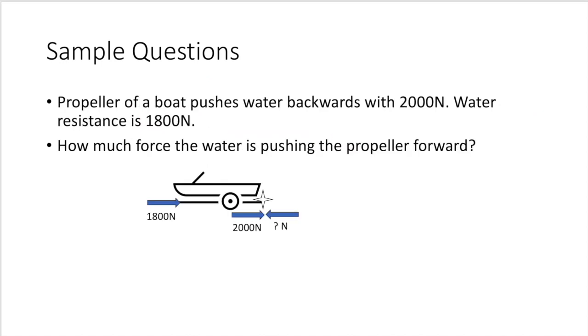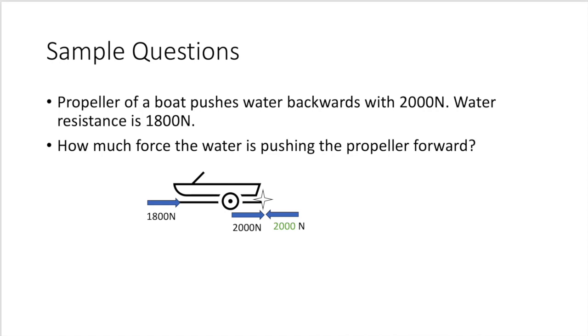A propeller on a boat pushes backwards with a force of 2000 newtons. The boat moves through water. The resistive force is this. So the propeller generates 2000 newtons of force pushing the water. What is the forward force pushing the propeller by the water? So one object pushed 2000 newtons backwards, so the water will be pushing the propeller 2000 newtons forward. Equal and opposite reaction, Newton's third law. The rest is all